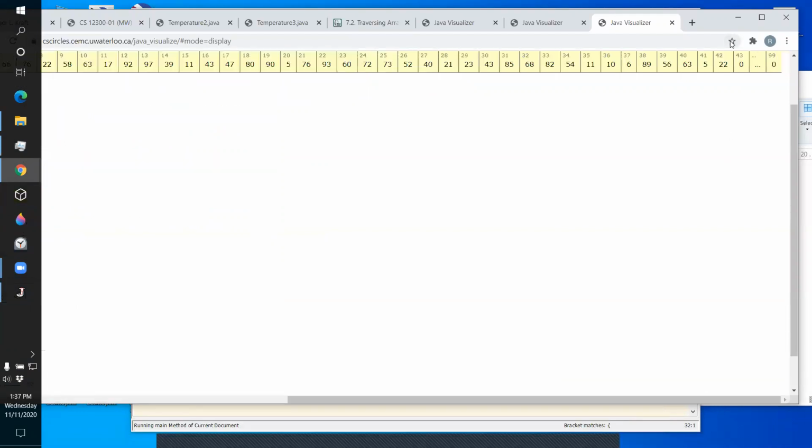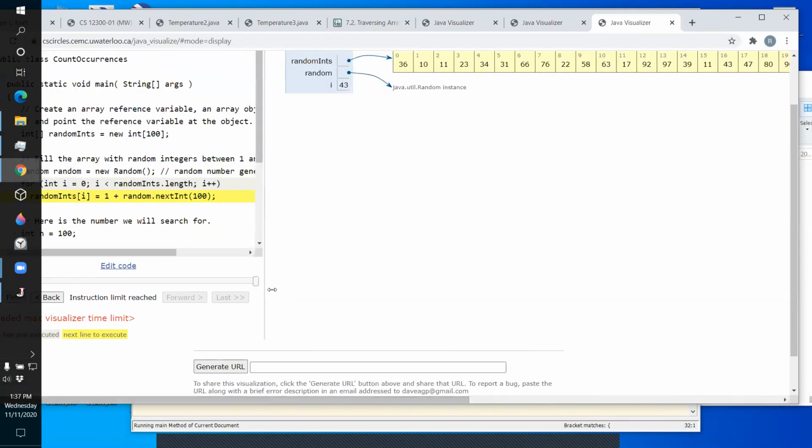I got up to 42 numbers. So it's not letting us generate more. That's one disadvantage of the Java visualizer. It doesn't let us do very large programs. So it only let us go up to 42 numbers. Okay. So the Java visualizer is not letting us do very much here.